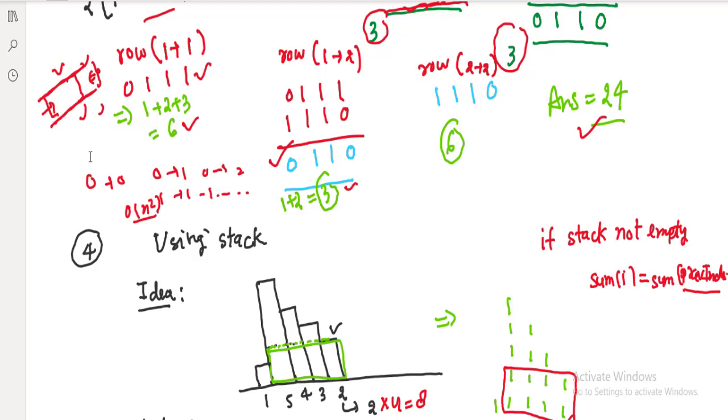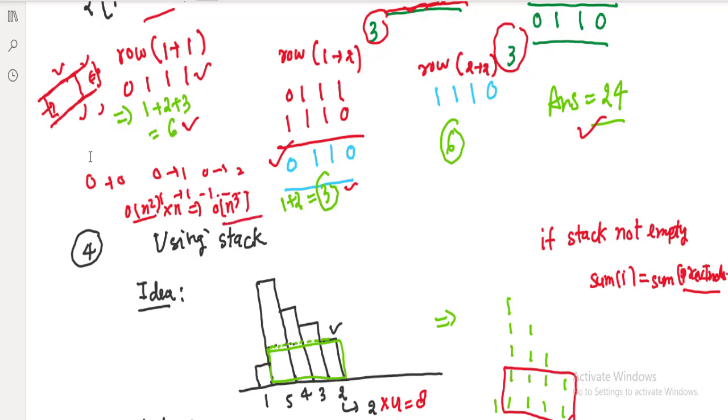After computing this boundary, we have the one dimensional array. After having the one dimensional array, in a single pass we can compute the total number of submatrices which contain all 1s, which is n. So total time complexity would be order of n in this case.